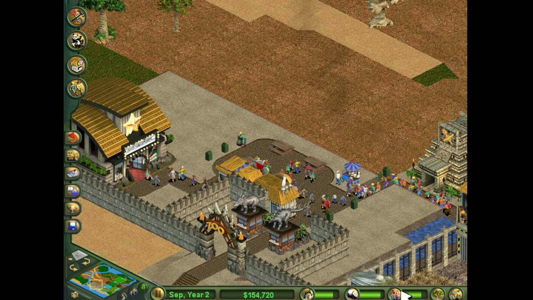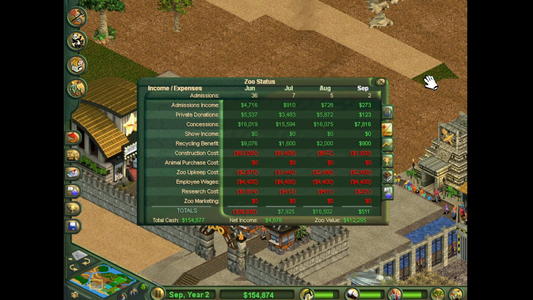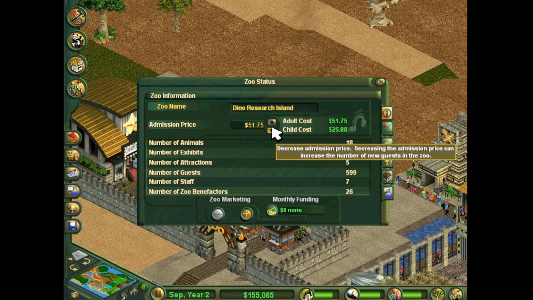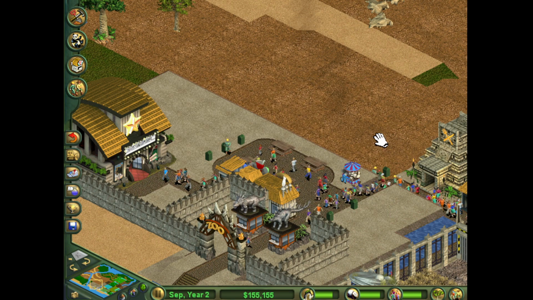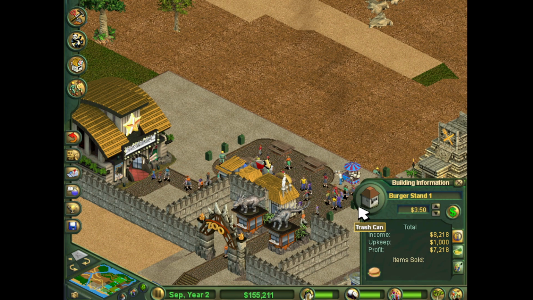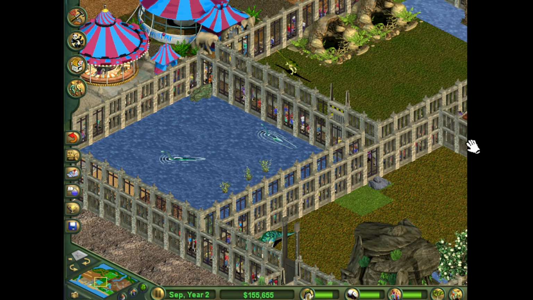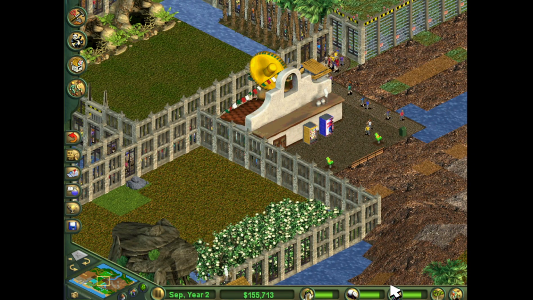Guest happiness just keeps dropping. I don't get it at all. Let's just drop the price. Let's drop the price by $1. Yeah, you know what, I'll even drop... No, not done dropping the prices yet. Once we get all the animals in, we'll drop the prices. That way happiness can skyrocket, and...